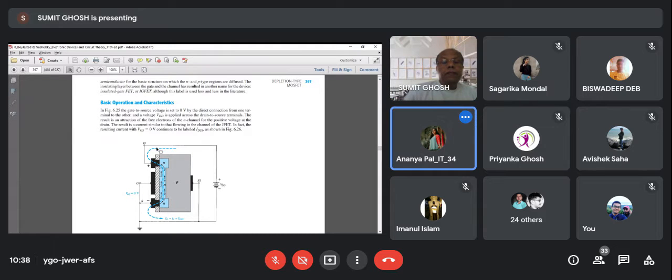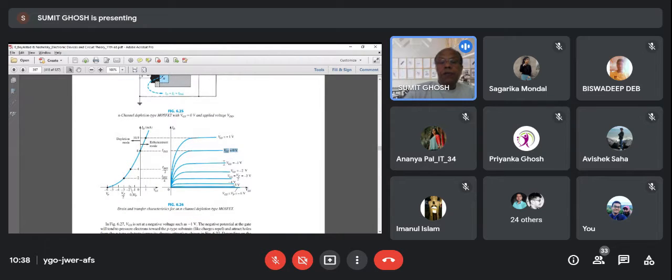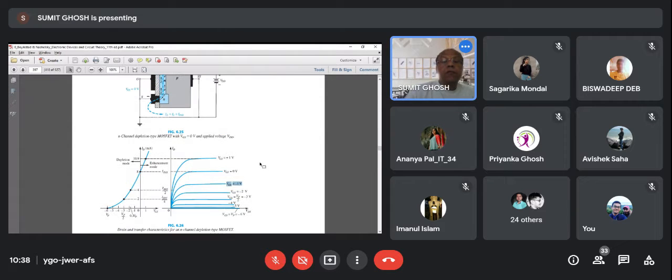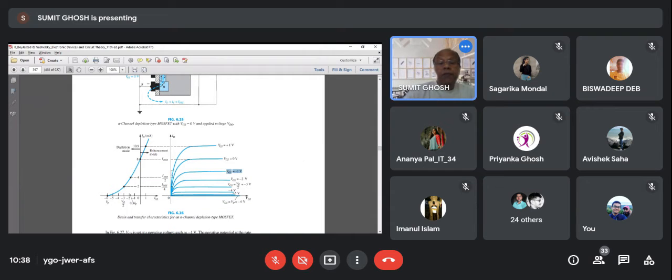Yes, sir. So here you see the figure. This is the earlier figure we have already discussed. Now you see the figure for VGS is equal to minus 1 volt. That means you have given minus 1 volt with respect to the source. So you see the current has been reduced. The corresponding curve is very similar because the MOSFET characteristic is not changing. So the current is very similar, but there is a less amount of current which is at the saturation level. So maximum current for VGS is equal to 0, IDSS, less current.